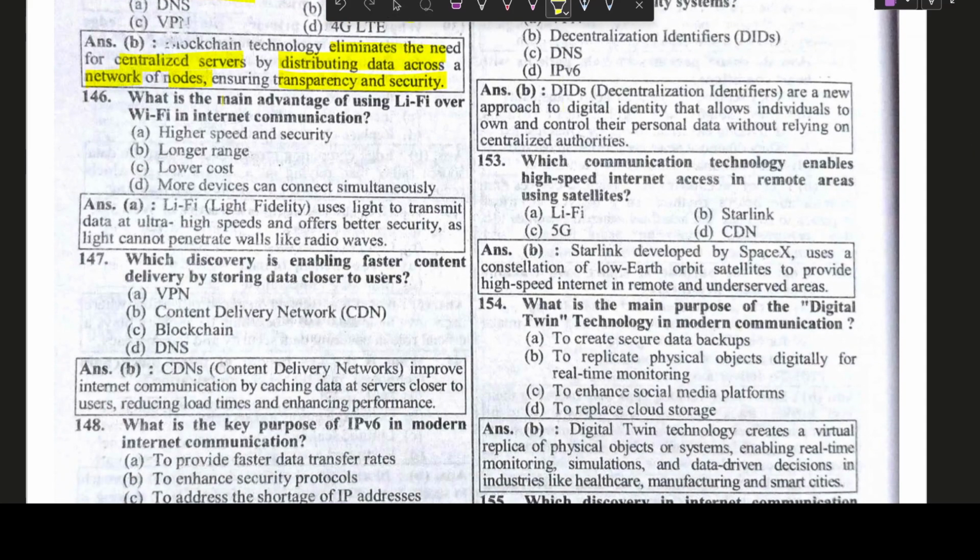Next question, what is the main advantage of Li-Fi over Wi-Fi in internet communication? It is the high speed and security. Li-Fi is light fidelity, which uses light to transmit the data at ultra high speed and offers better security as